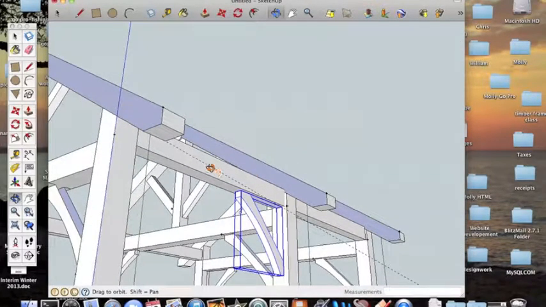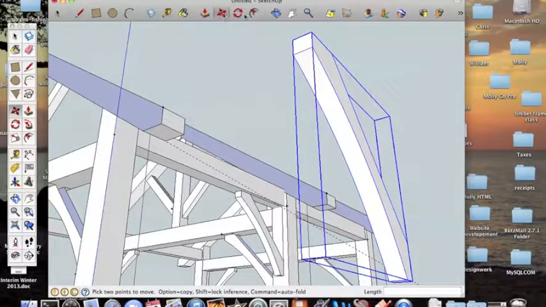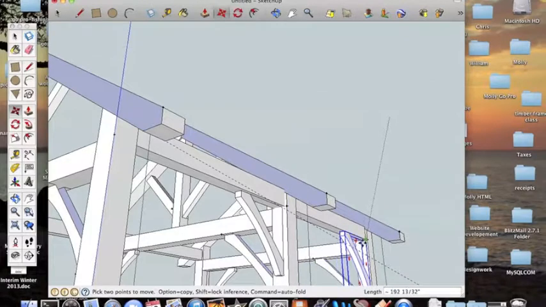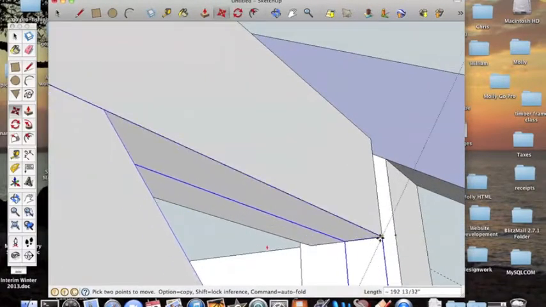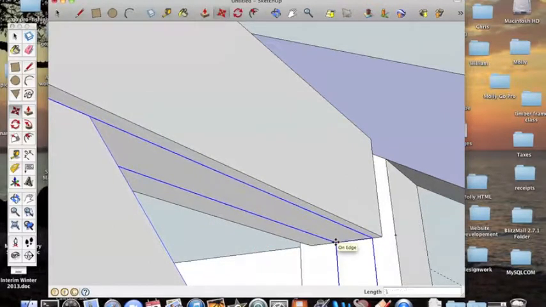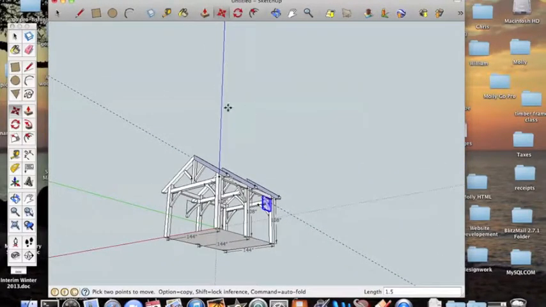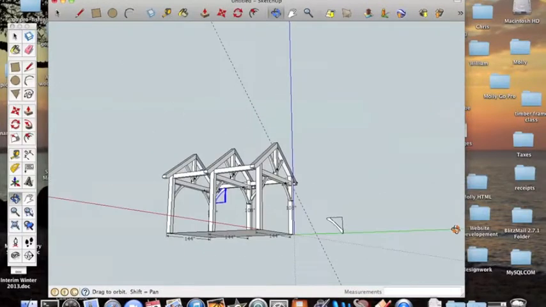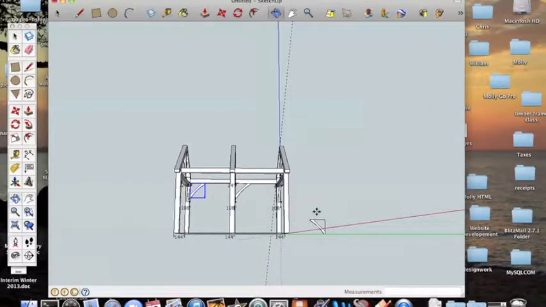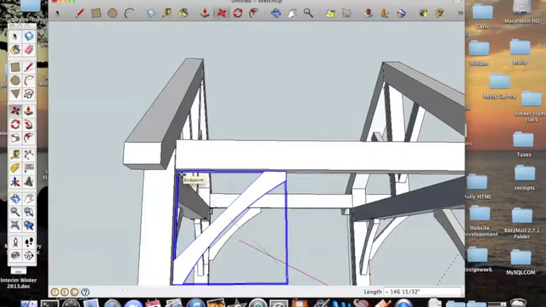Zooming out, I will copy and paste it. And work on moving it again from that corner right to that edge, and then moving it straight to the left 1.5 inches, and it's centered. While we're at it, let's go around to this side and paste another one. Getting it close, grabbing it by that corner. And now I'm going to have to put it on the inside edge